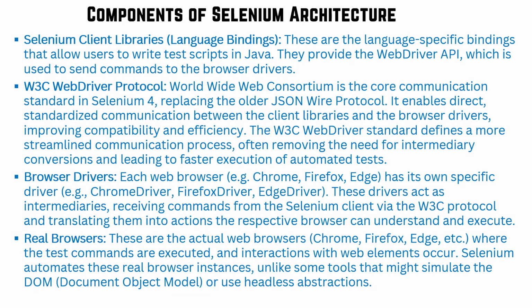So I've explained it here also. The Selenium client library is language binding. These are language-specific bindings which allow the user to write test scripts in any programming language, either Java, C Sharp, all this stuff. They provide the WebDriver API, which is used to send commands to the browser driver. In Selenium 4, the protocol changed from JSON to the W3C protocol. W3C is nothing but